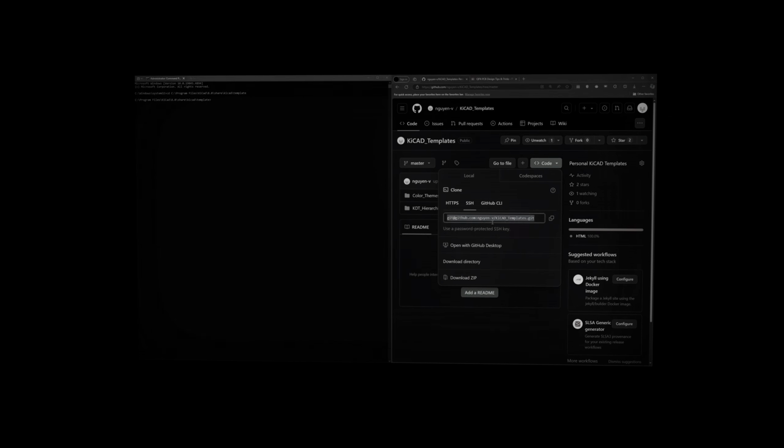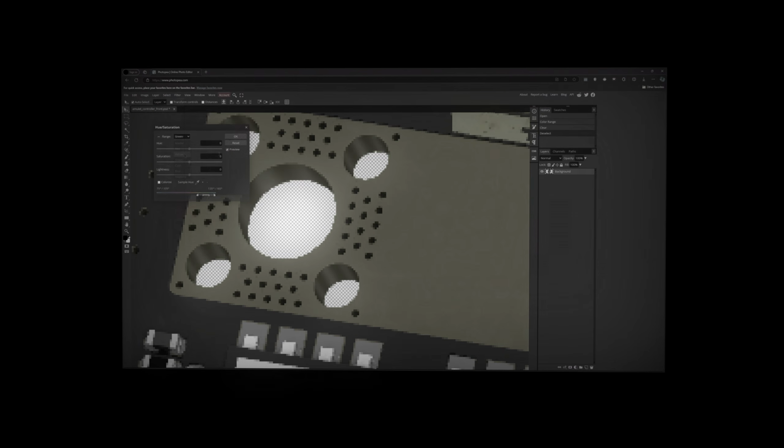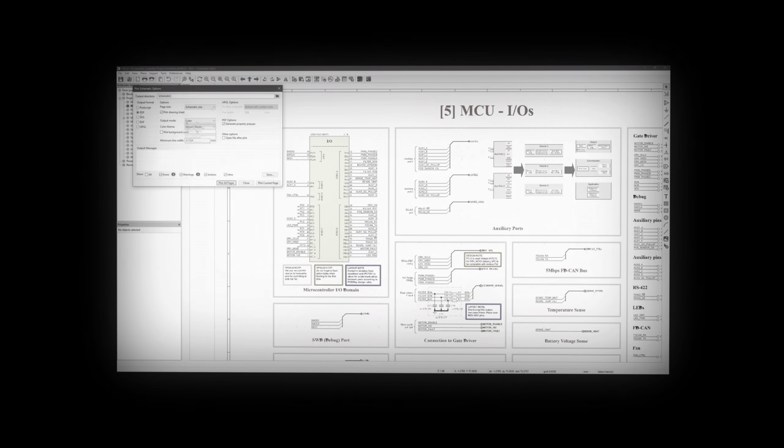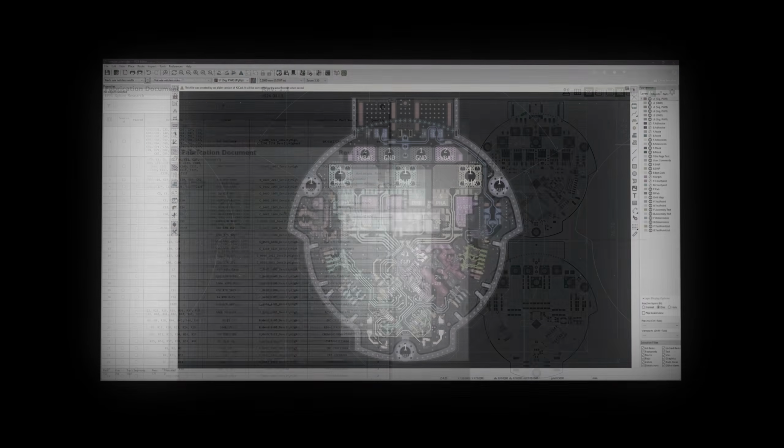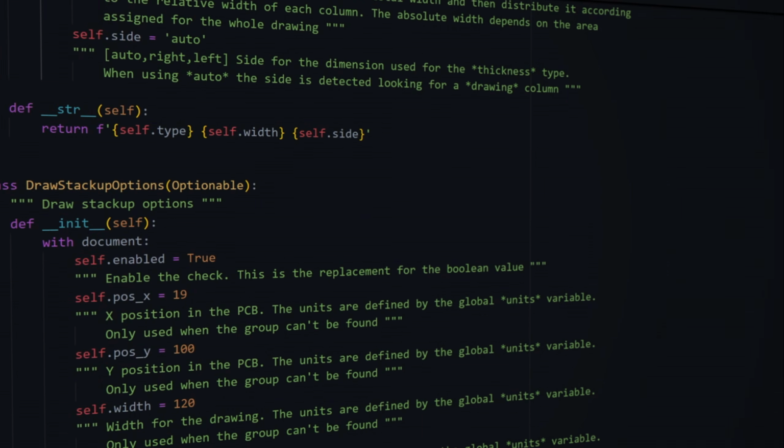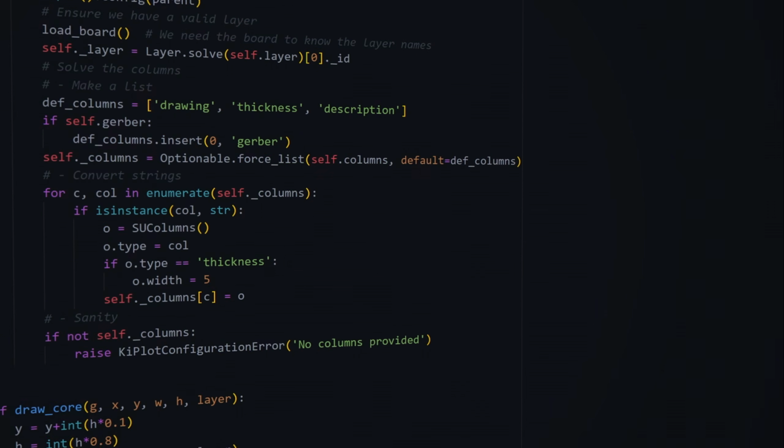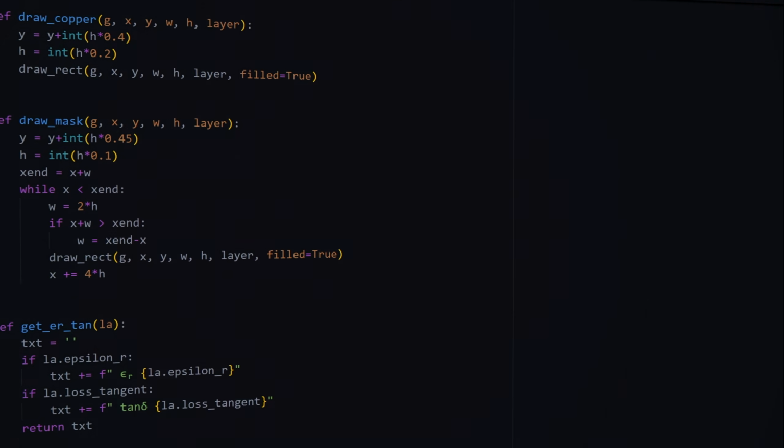In my last video, I introduced a KiCad 8 workflow for generating professional documentation and shared some best practices for schematics and project organization. While that workflow was quite effective, it still required significant manual intervention and was quite prone to errors. Over the past few months, I've worked on automating the entire process, and in this video, I'll be